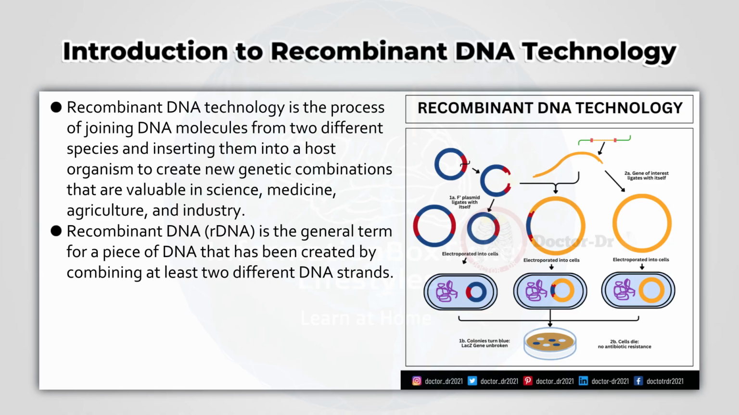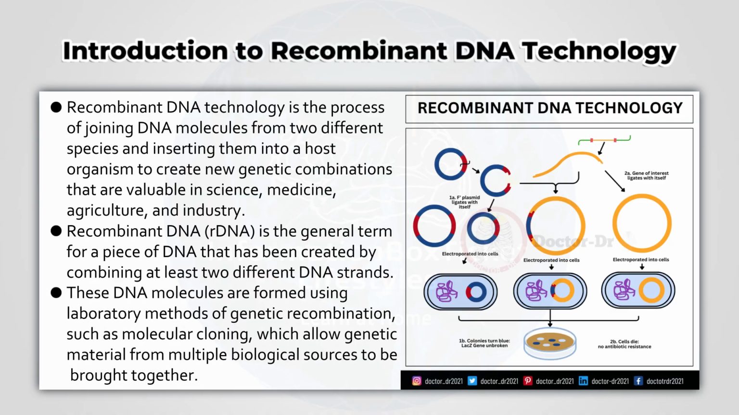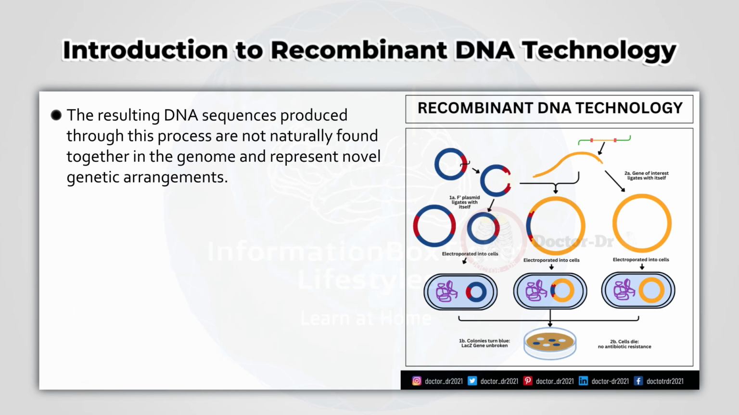Recombinant DNA is the general term for a piece of DNA that has been created by combining at least two different DNA strands. These DNA molecules are formed using laboratory methods of genetic recombination, such as molecular cloning, which allow genetic material from multiple biological sources to be brought together. The resulting DNA sequences produced through this process are not naturally found together in the genome and represent novel genetic